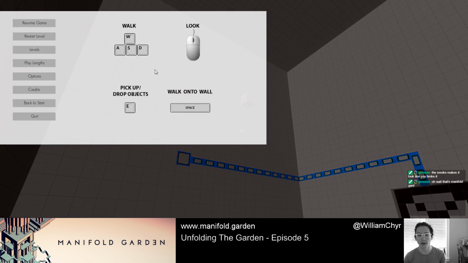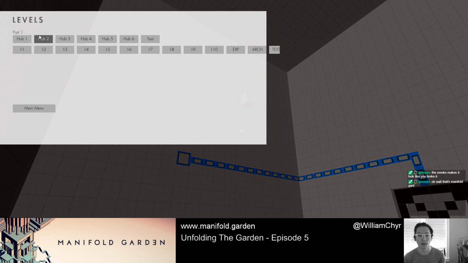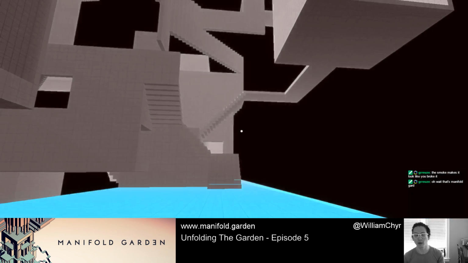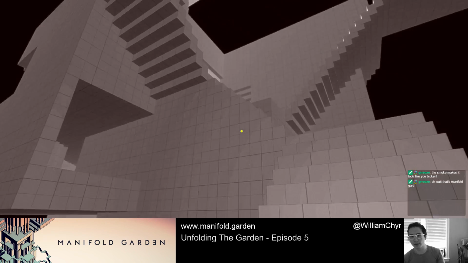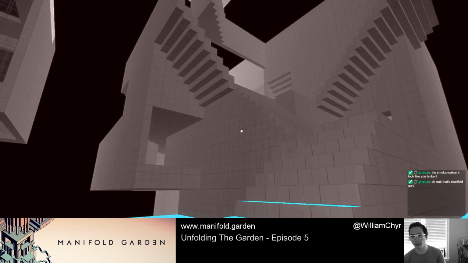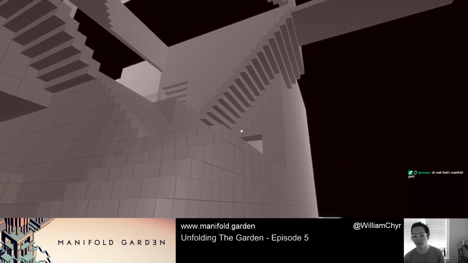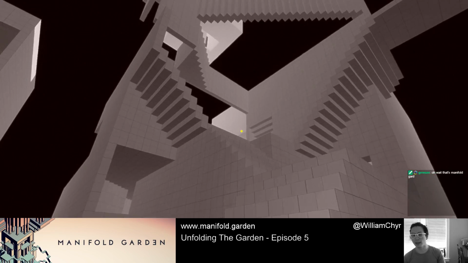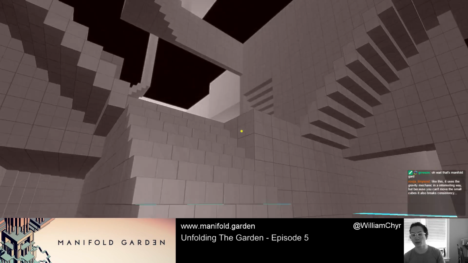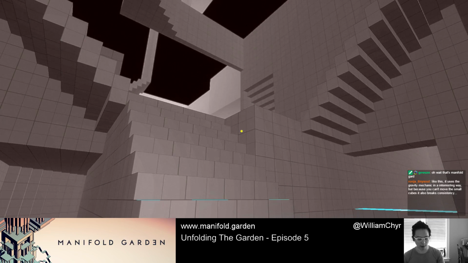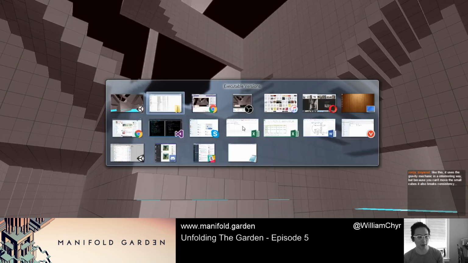Oh, there we go. Now it's working. Okay, so this is what's interesting about it. I think it just didn't really work well with the Xbox controller. So I don't have a clip, but what I can show you is that this was actually trying to recreate Manifold Garden. I'm sorry,